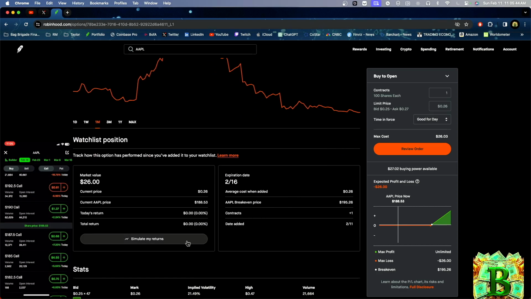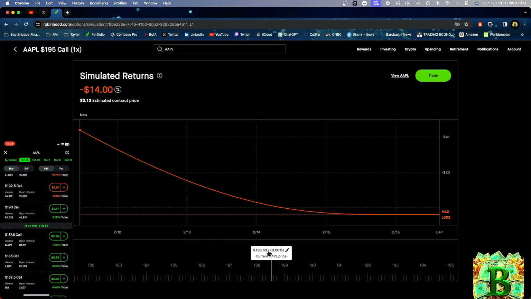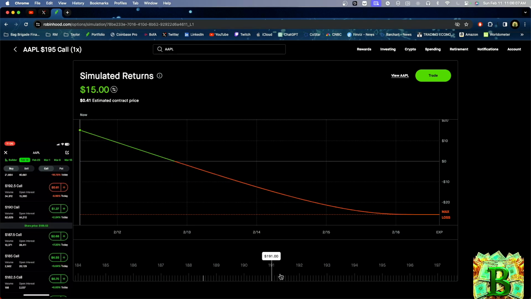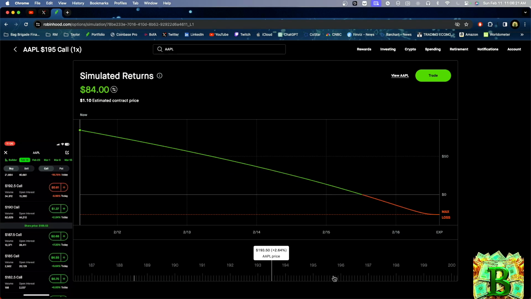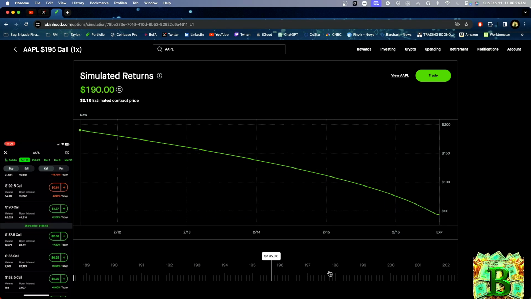But they have done this thing where you can simulate your returns. And I think this is kind of cool. I use this other website called Options Profit Calculator. I will show you that, but this is something new and I'm not too familiar with it. But I think it's basically saying, okay, simulated returns. So let's say we get Apple to go to 191 by the 12th, right? Well, either way, this should show you. Okay, here we go. See, if Apple goes to 195,